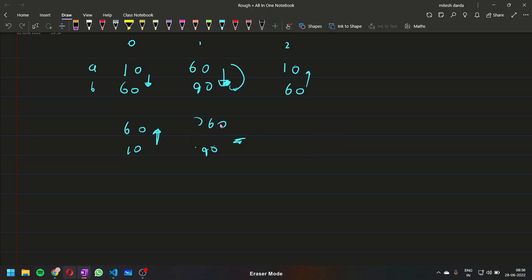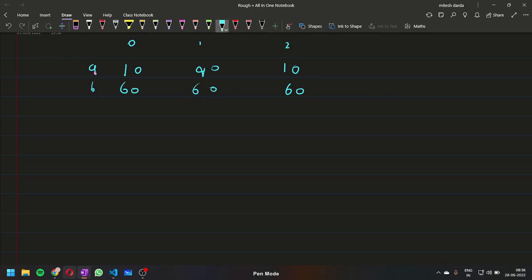There is one more difference: how we are able to depict which elements we have to swap, how we are looking at individual elements. Another way of doing it is, let's say this was 90 and this was 60, so this is the previous array only.